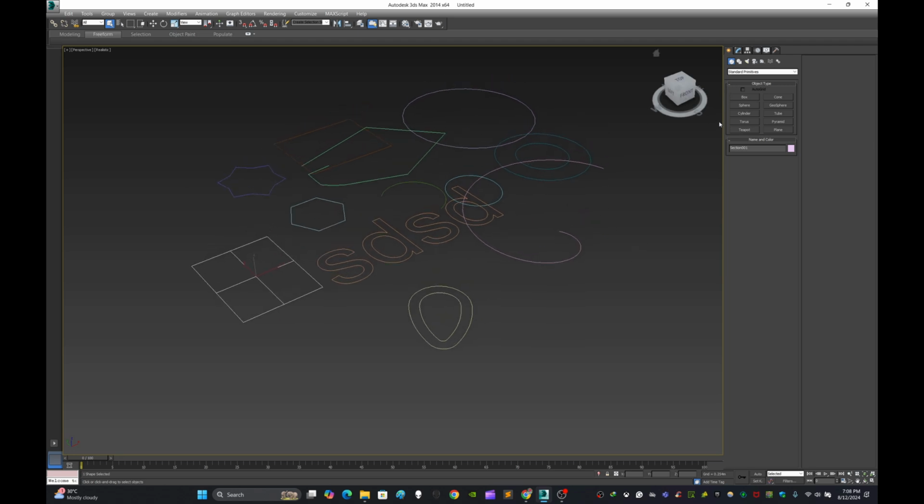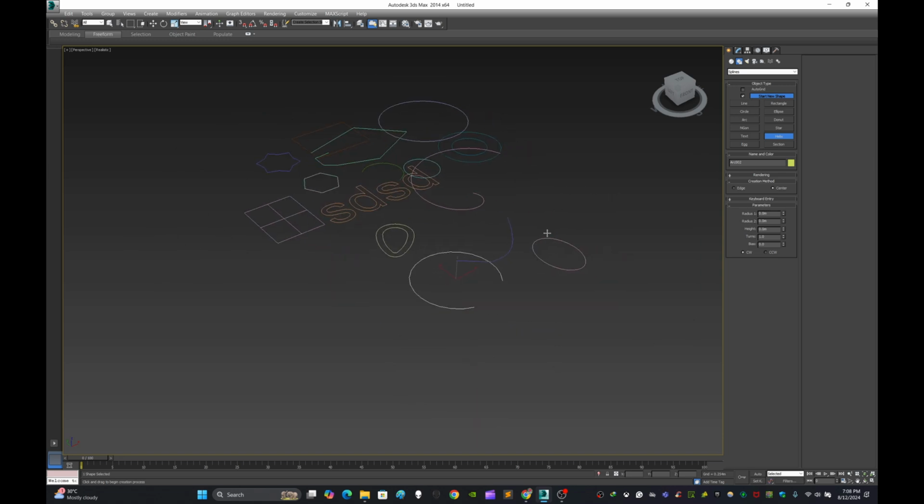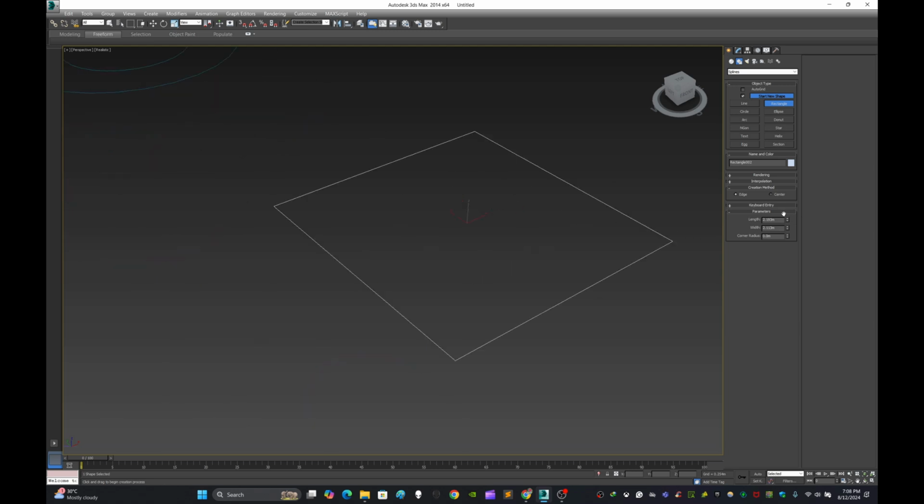Okay, so you notice that in shape, every shape has its own parameters. Like the geometry, when I click the geometry, the parameters are changing. You can see here the parameters are changing. Some of the parameters you can see when I click on the line: center, smooth. And when I click on here, you can see the length, width. Let's say I create a rectangle, and then the length, width, and all that,